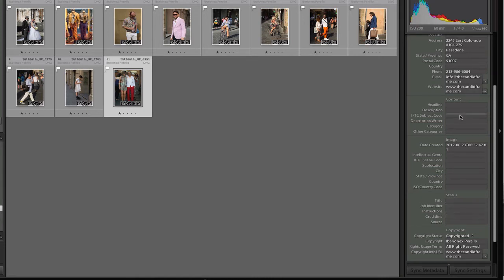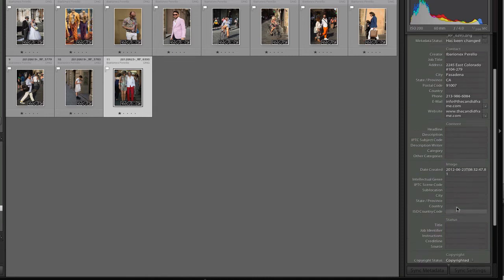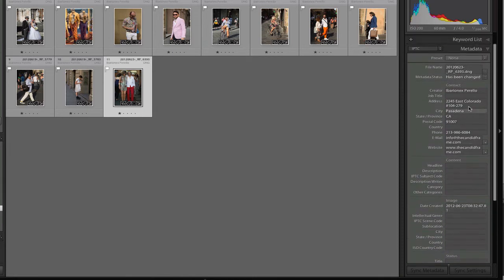But I don't fill in this information because this is when I'm going to be importing information into my system. So that might be something I do when I'm sending the images to a client, but not necessarily when I'm importing. So now that I've done all of this, I will go back up here to the top